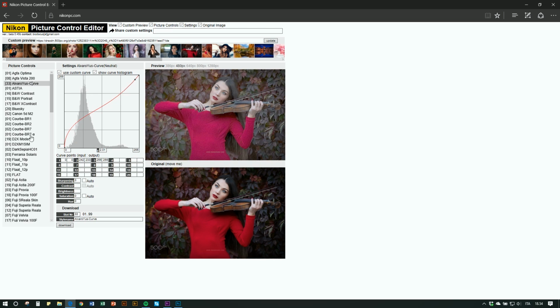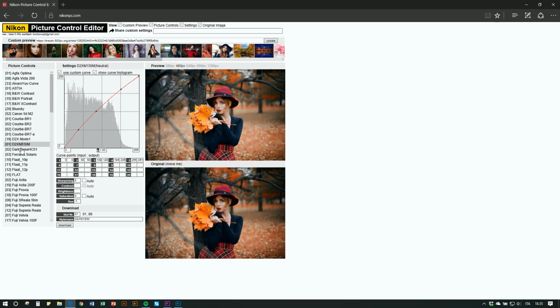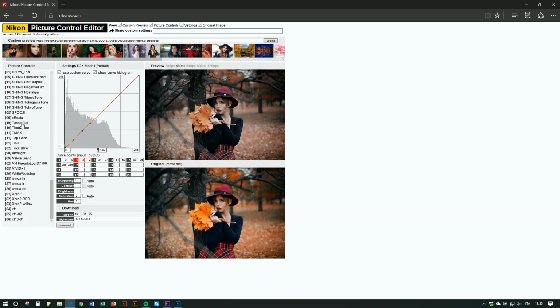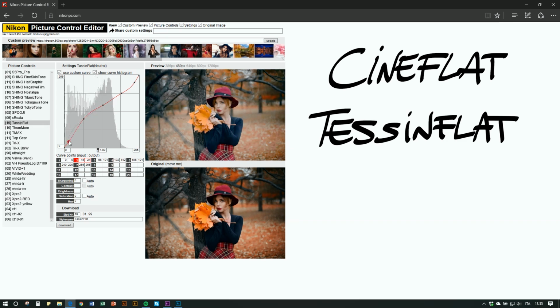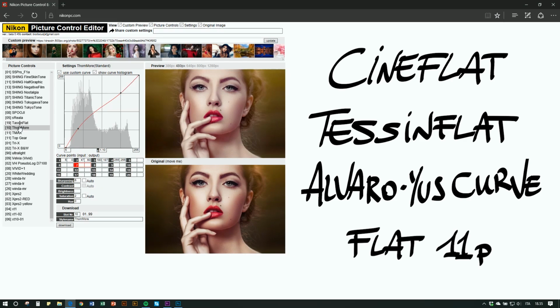They can make it more contrast, they can make it less contrast, but among all of them there are a few that have the flat style which is required for video grading. I'm talking about Cineflat, Tessinflat, the Alvarez UV curve, and the Flat 11p. Now, what you need to do to install any one of these into your camera is basically to download the zip package, unzip it onto your SD card,